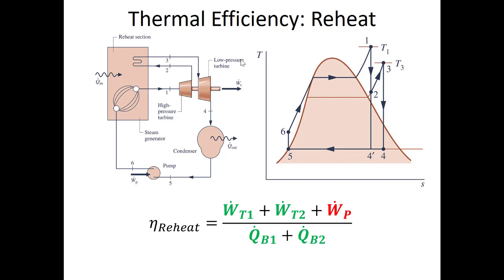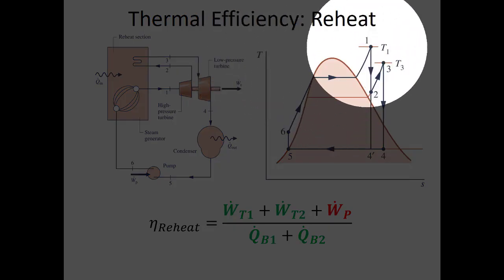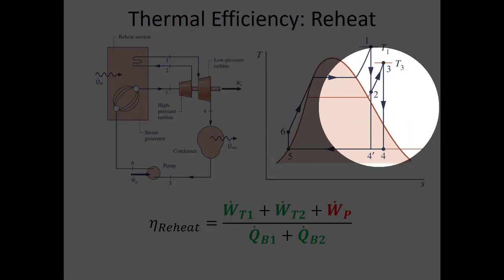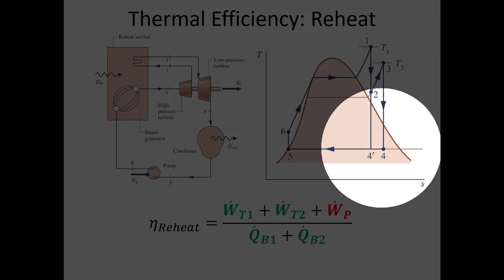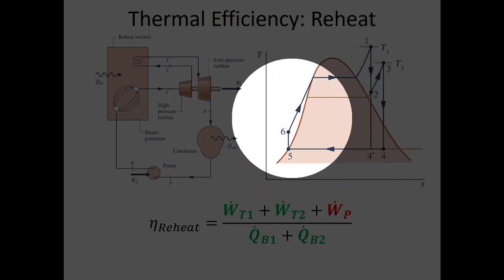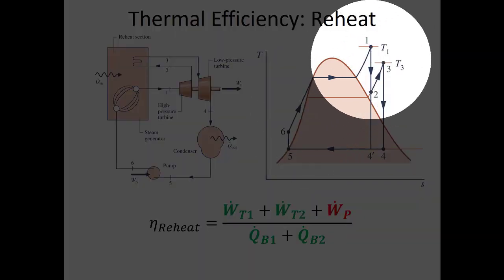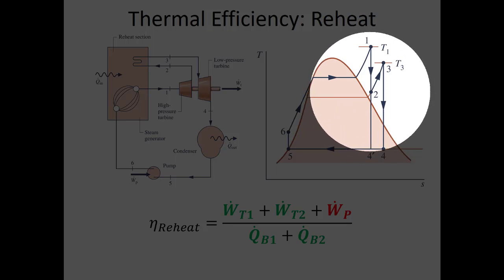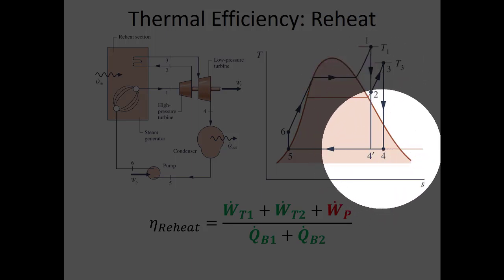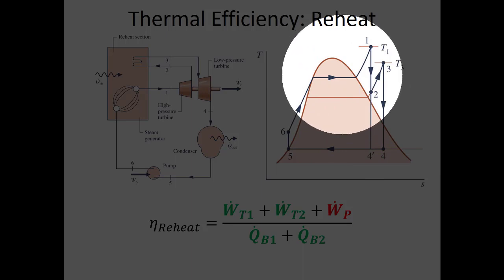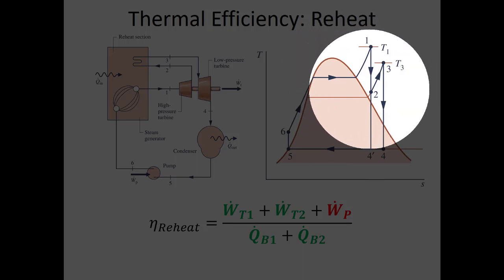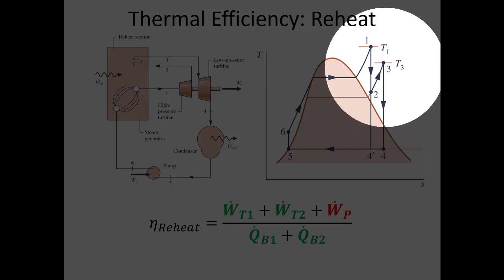It's important to be able to draw the TS diagrams, and this is a TS diagram for a cycle like this from the textbook, showing isentropic turbines and pumps, because these are vertical lines as I move from 1 to 2 and 3 to 4, and also isentropic pumps from 5 to 6, right? But what happens here is after we go through the first turbine, right, this is vertically down, but we stop at some intermediate pressure, right? We have some low pressure down here, some high pressure up here, and some intermediate pressure that's the exit of the high pressure turbine, but also the inlet to the low pressure turbine.